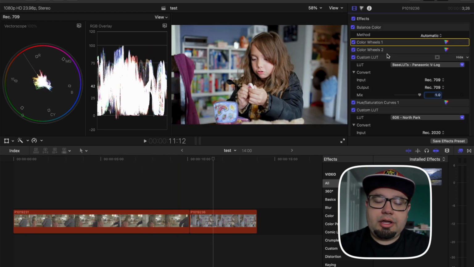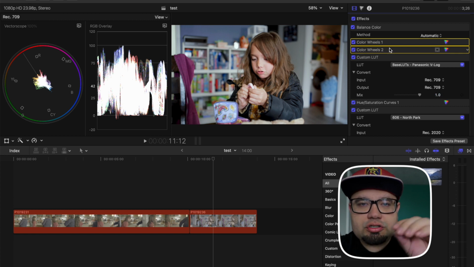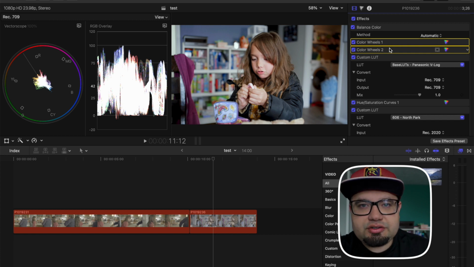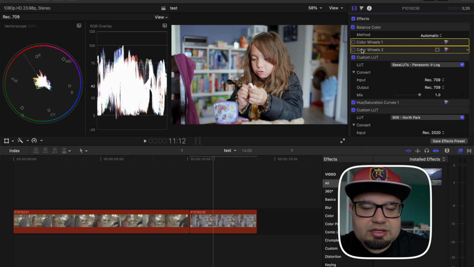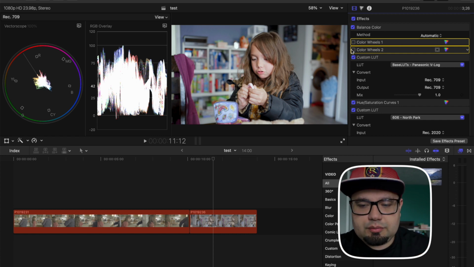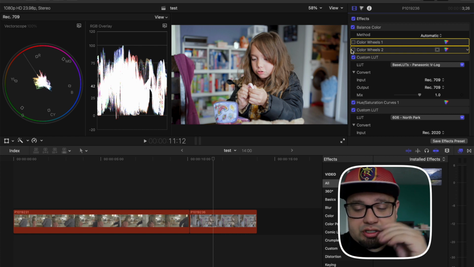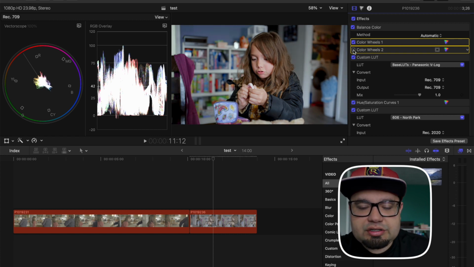All right. Okay, so what you need to know when it comes to having your color wheels prior to your LUT is that you're no longer adjusting the actual log profile. You're adjusting the conversion into Rec 709 from whatever LUT pack you use. So it can really affect how the image ends up playing out when you start to do maybe more of an aggressive grade. You can especially feel this when you're using 8-bit footage, which I used to use with a different camera. Once you get to 10-bit, you do have a little bit more